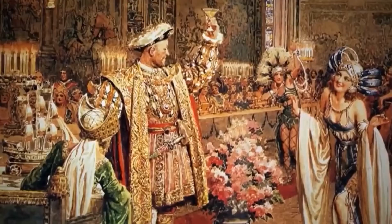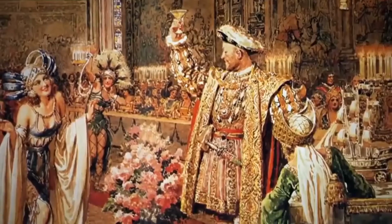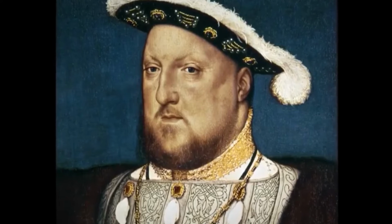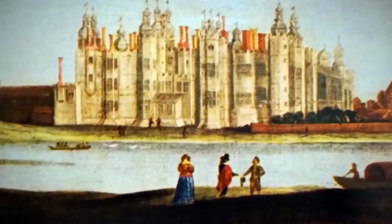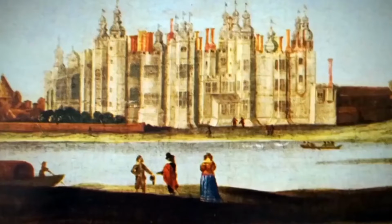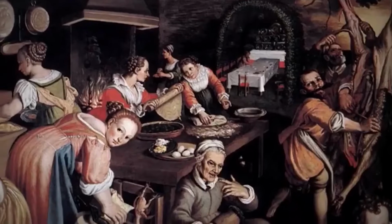Henry VIII's court numbered around 1,000 people, from nobles to servants, and they created the most huge Tudor mountain of human waste you can imagine. And that's why so often Henry VIII was always moving palaces. He moved between Whitehall, Richmond, Hampton Court, Windsor Castle, so that one poor palace could have some time to be clean. And also in the summer, he went off to nobles' houses, so they had to sort out all his